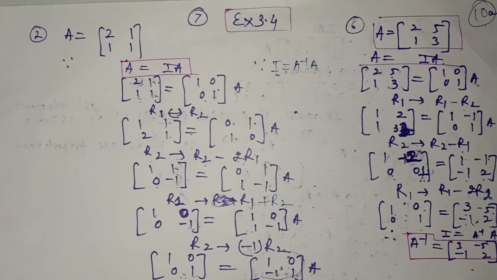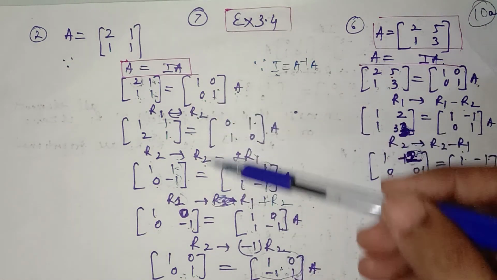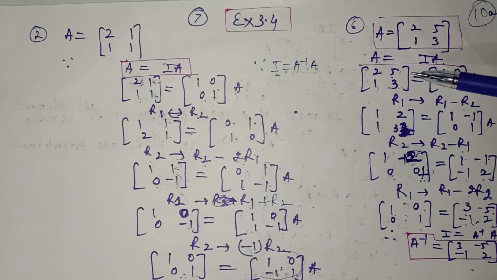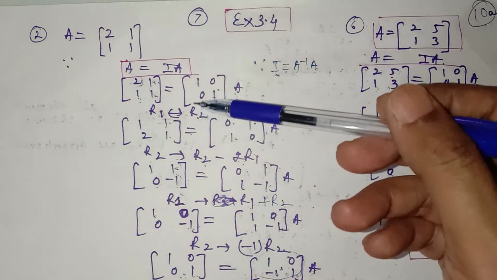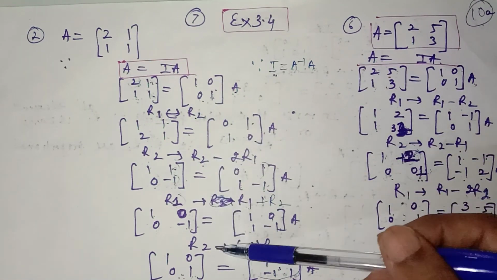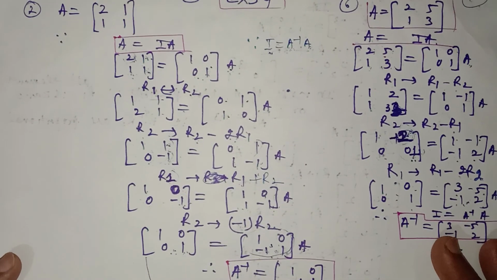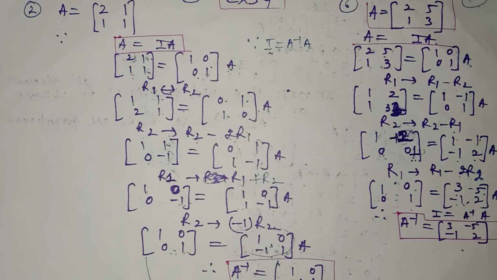Now similarly you can find the inverse of 3 by 3 matrices. You can find it, but the steps become more than these, because in 2 by 2 matrices we have either 5 or 6 steps. How many do we have? 1, 2, 3, 4 in this. We have 1, 2, 3, 4, 5 steps. So in 3 by 3 we have more than 7 to 9 steps to find the inverse of 3 by 3 matrices, which we'll do in the next lecture. Thank you.